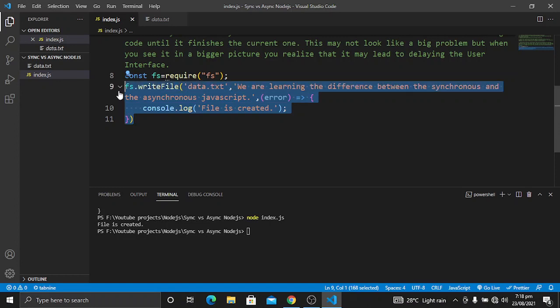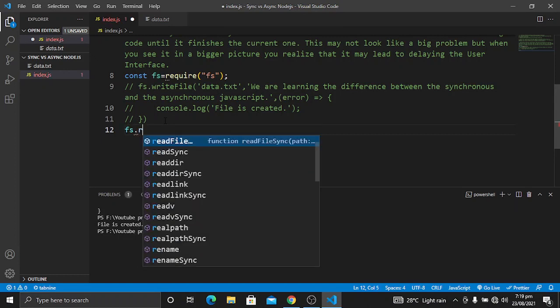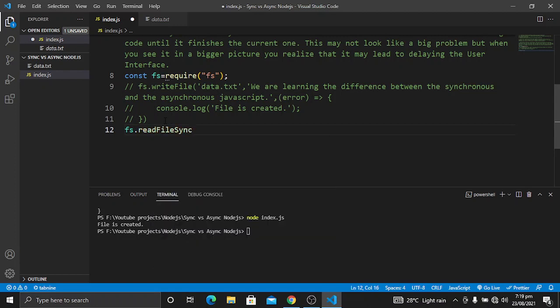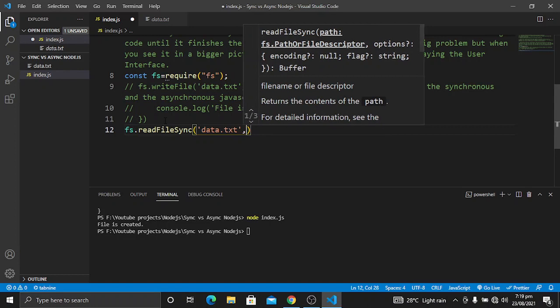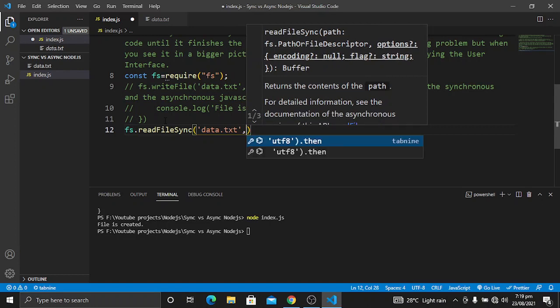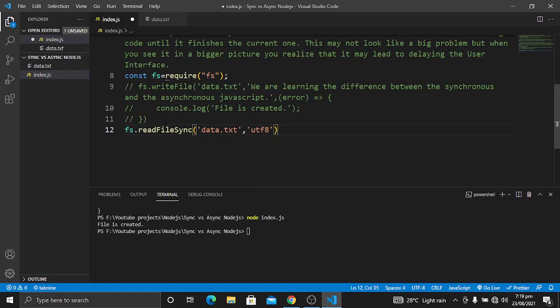So let's comment this code out. Now first of all I will read the data from this file by using the synchronous version. So by using readFileSync, I will give it the data.txt file name. Then I will give it UTF-8, so the buffer data that we get from this file will be converted into the readable form.